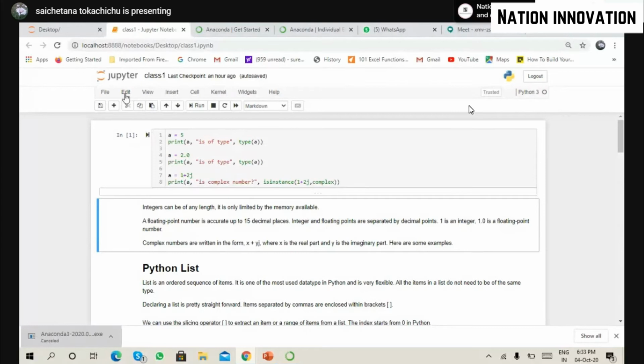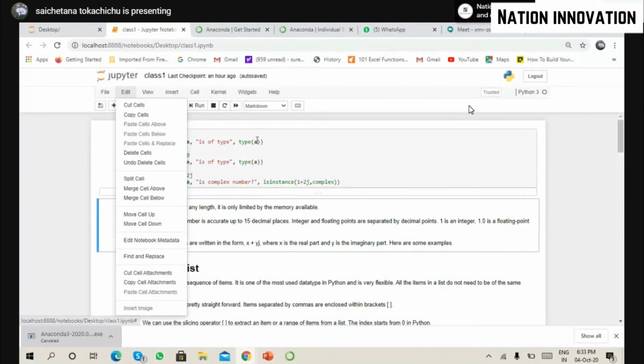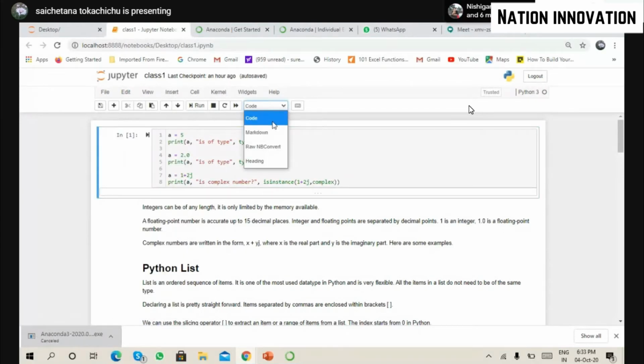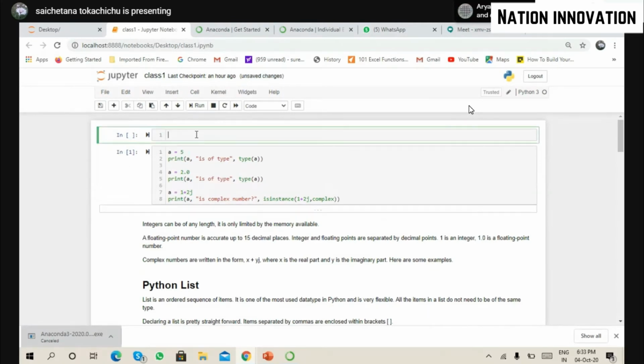If you see the options, there are many options. Code, markdown. So what is code? Code is where you run it. Markdown is where you write text and store it as text. You do not run it. So that is what markdown is. After writing a particular code, so this is my blank code cell. I am writing a code. Let us say I want to print hello world. This is a common code which we write in all programming languages, right? So print, I want to print it, and then in the round brackets, I'm writing hello.